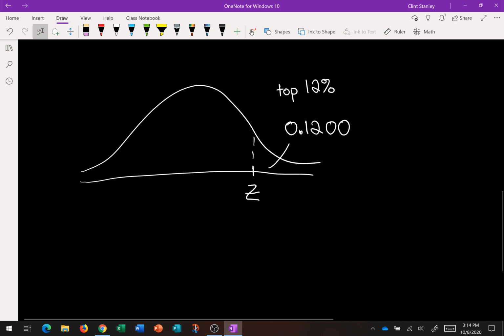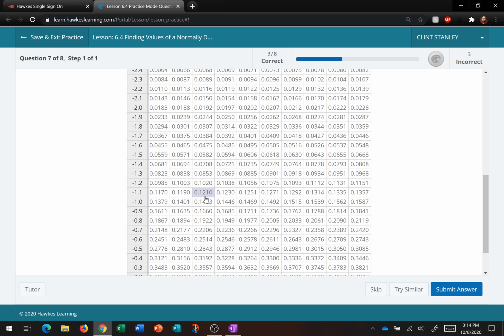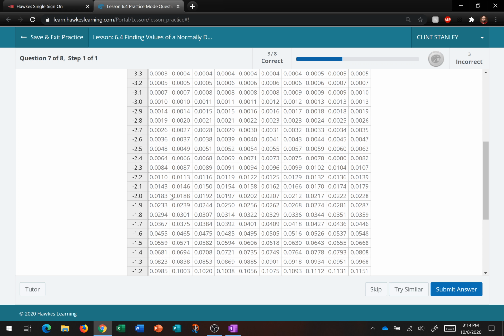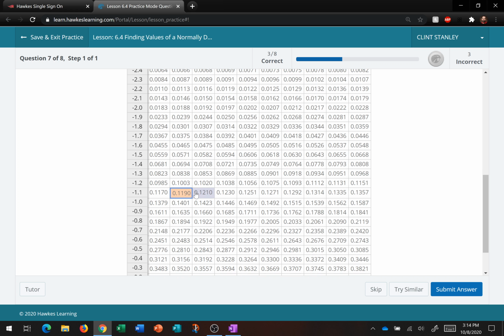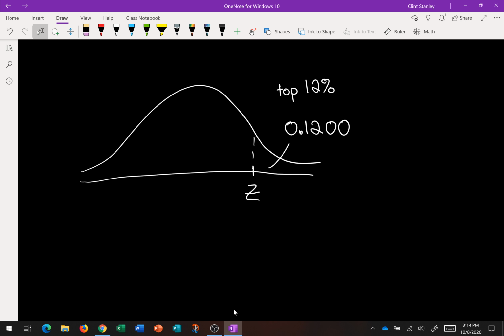So we're going to look inside the table for 0.1200. Okay, so our first digit's a 1, and then we want a 2. Alright, so here we've got an issue where 0.1200 is exactly between two z's. We're exactly between negative 1.18 and negative 1.17. Okay, so what we do there, and it only happens in a few places on the table, is if the z we want is exactly between, remember we're going to change the sign, 1.17 and 1.18,